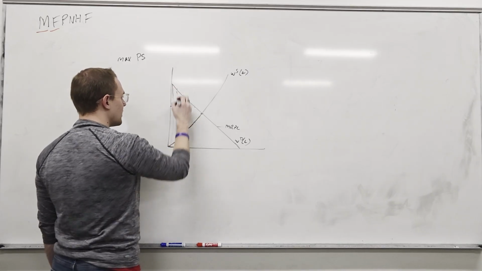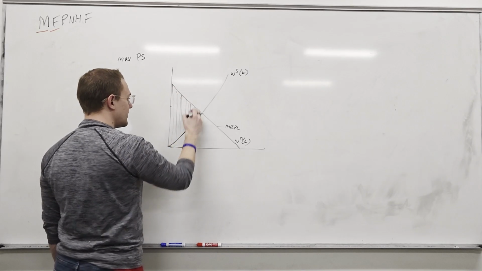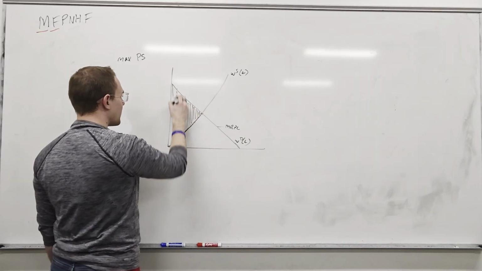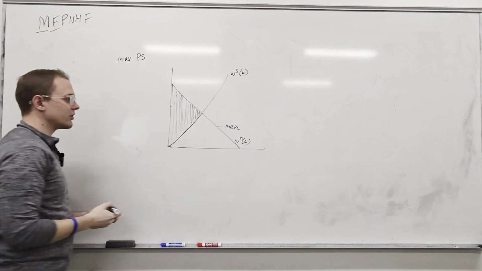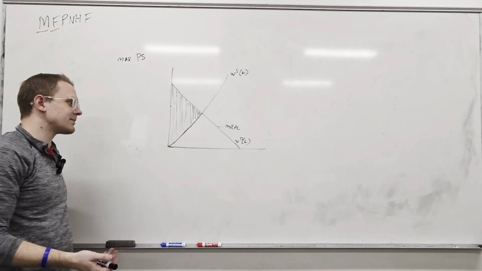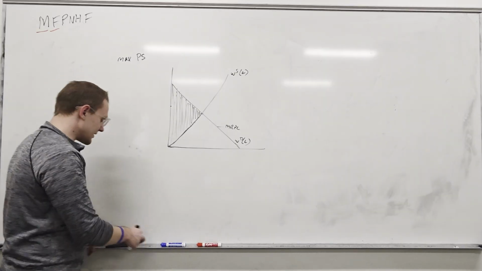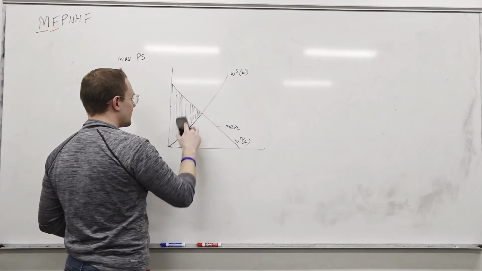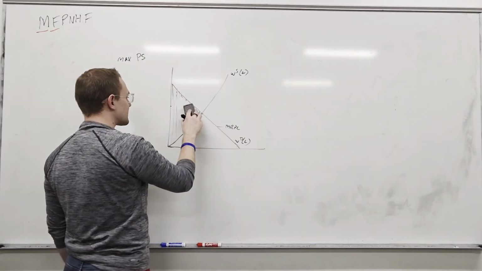But you're going to capture all of this surplus right here, and you're going to be in a really good spot. Okay, so you could do that. You could price discriminate. That is pretty hard though, paying absolutely everyone a different wage. I mean, realistically, there are ways to do it, I guess, but probably, more realistically, maybe they'll base their pay